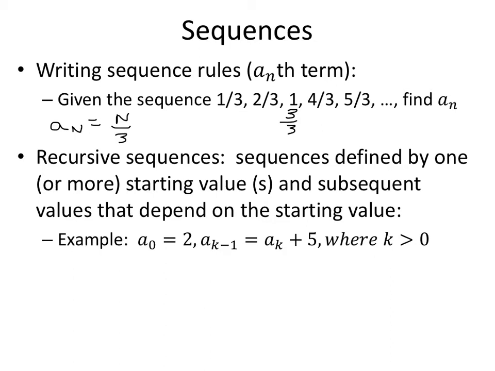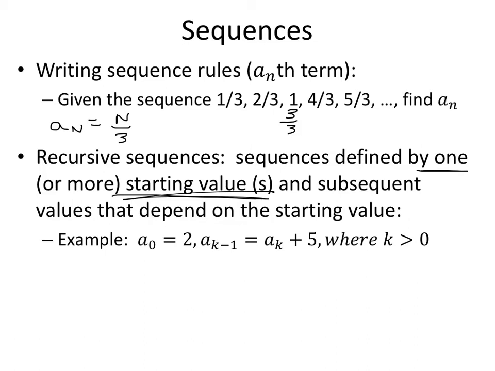Now another way that we have of writing sequences is called recursive. And recursive sequences are different. We start out needing two parts. The first part is we're going to have at least one or more starting values, okay? And then we will have a rule that defines all those subsequent values, or the values that follow, based on